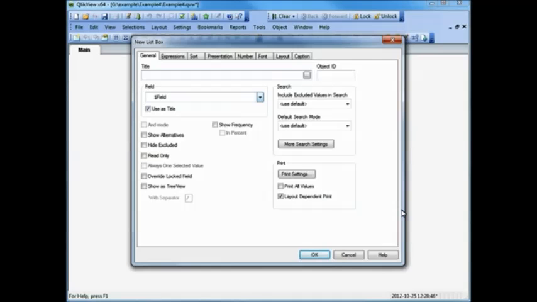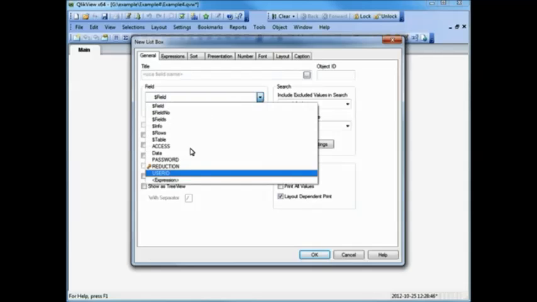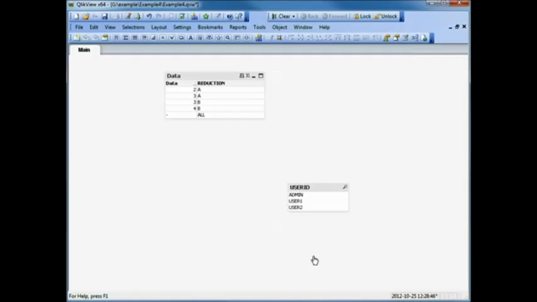Let's add a list box and select user ID. In this example, the user field is user ID, but this could be NTName if Windows authentication is used. By selecting a user in the user ID list box, it is now possible to see how the reduction for this user limits the values seen in the table. The data seen when a user is selected is the data expected to be available when this user also accesses the application. In conclusion, the easiest way to enable validation of a user reduction is to remove the section access